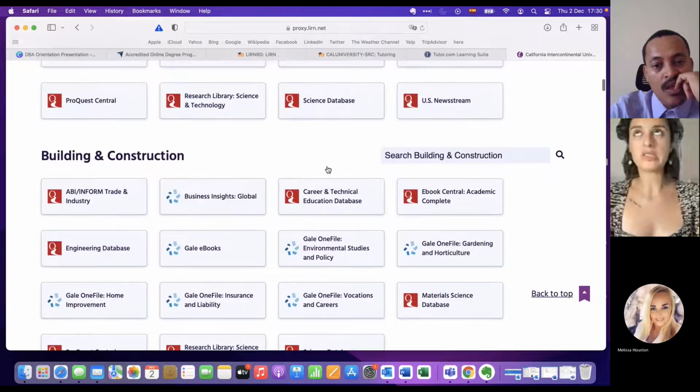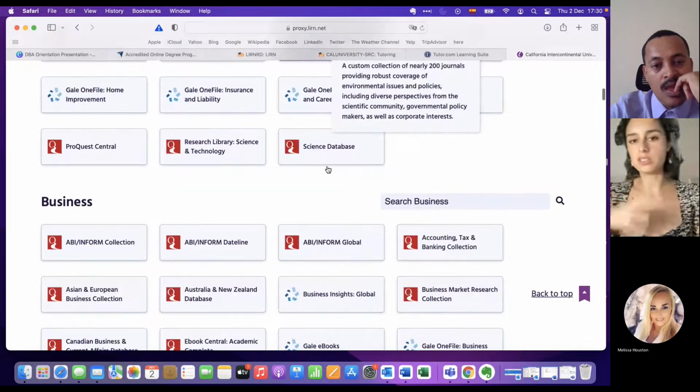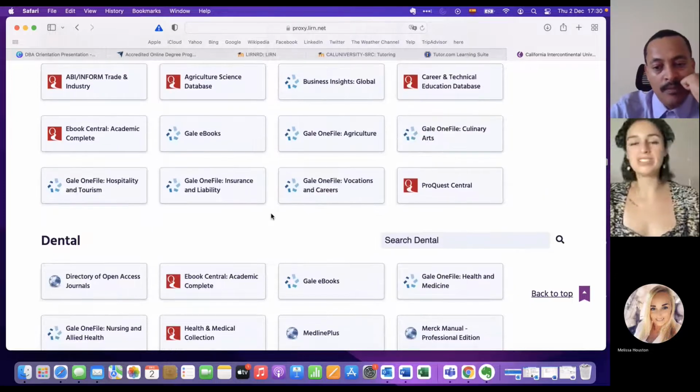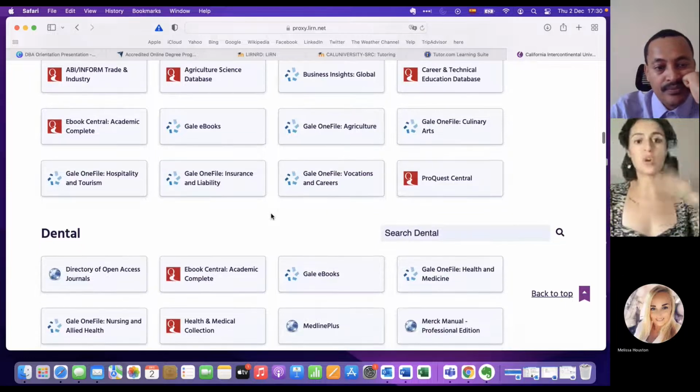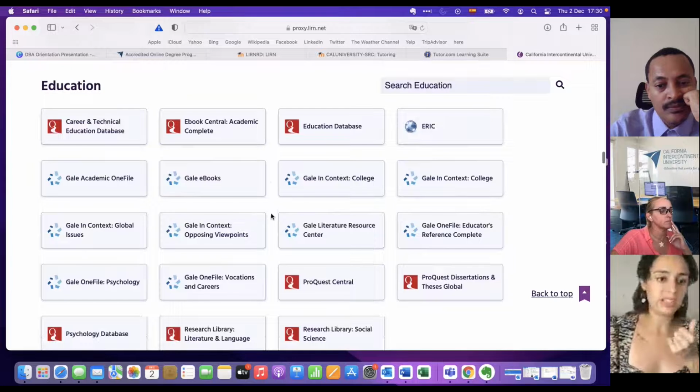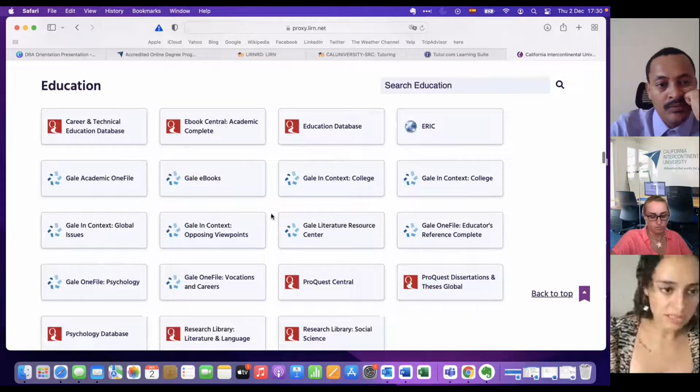Normally for GRC and DRP, or the dissertation process, you will be asked to go into investigating dissertations. So you will be able to scroll all the way down on this online library, and you'll see that